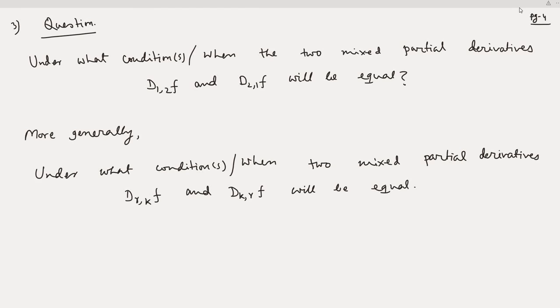So when the function f is from Rn to Rm, and r, k lie between 1 and n. So this is the general question,